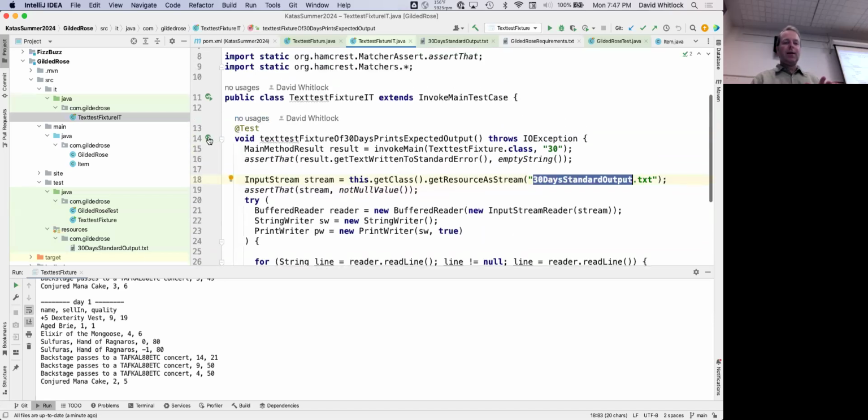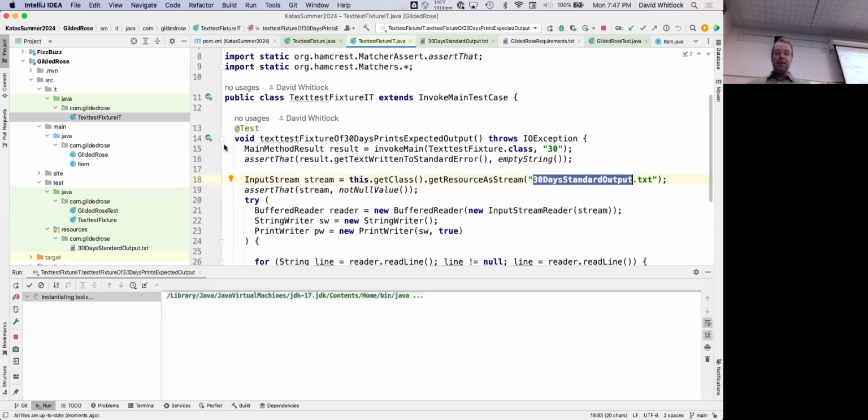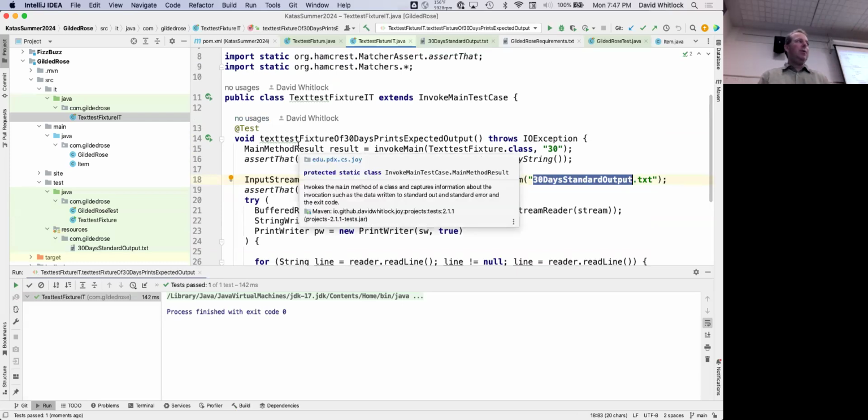So the whole idea here is that in addition to my unit test, now I have an integration test that basically says, hey, listen, for that data, when you age all those items for 30 days, yes, I get the same values. So between this integration test and my unit tests, this is what's going to give me feedback as I refactor the code to make sure I haven't broken anything.